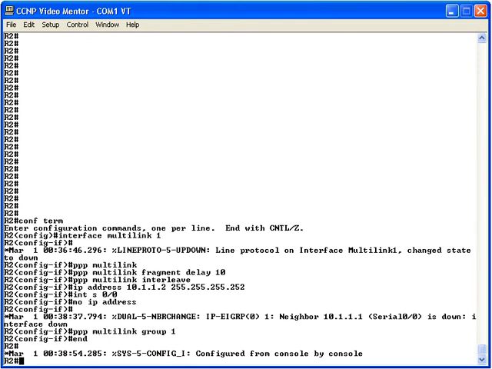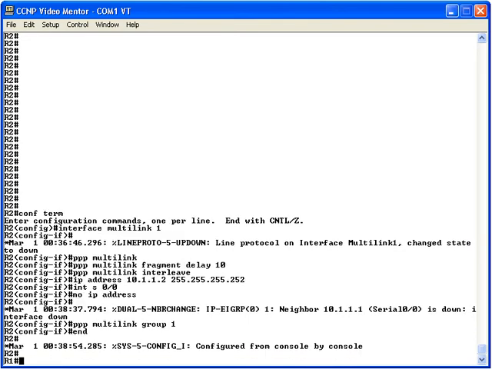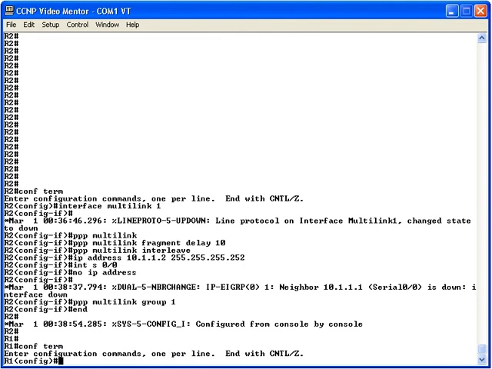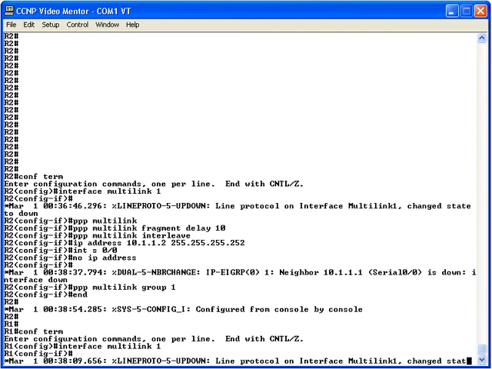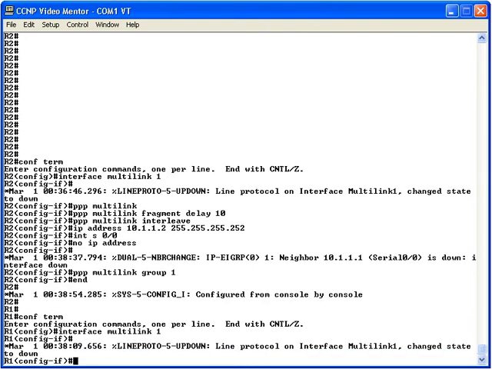However, the other side of this link on router R1 also needs to be configured for PPP multi-link. Let's move over to router R1. Sitting on router R1, let's first go into global configuration mode, and just as we did on router R2, let's create out of thin air a virtual multi-link interface. We'll call it interface multi-link 1. And by the way, that number 1 did not have to match the other side. In interface configuration mode for interface multi-link 1, let's say PPP multi-link,